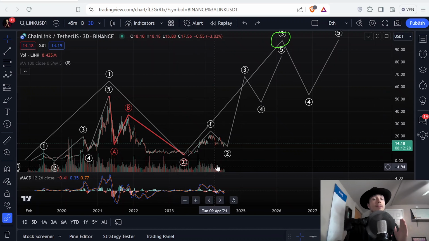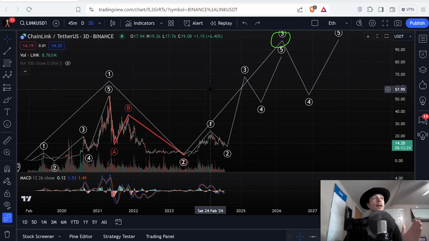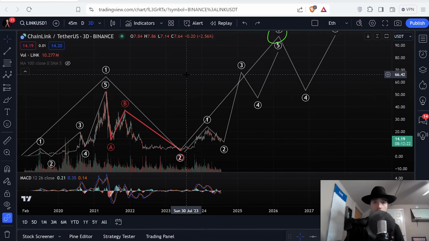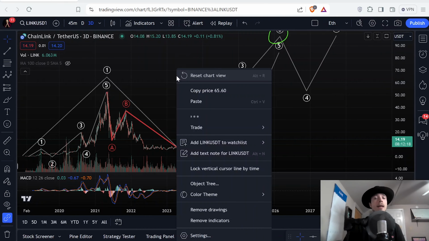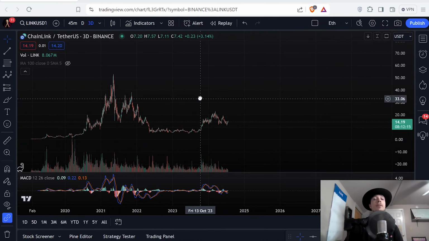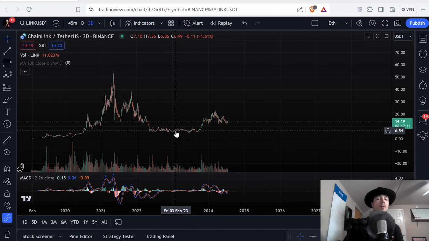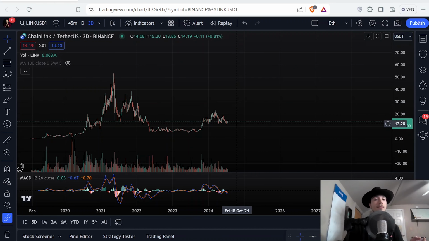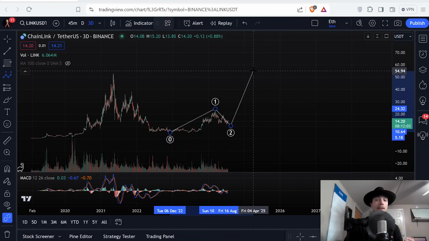So I think this wave 3 is going to be pretty dang extended. It's going to be pretty bullish. It's going to be really fun. It's going to be exciting. So that's the setup here with Chainlink. In the big picture, we have a complete market cycle. We have our subwave 1 and 2. And I think we're going to have our wave 3 here very soon with Chainlink.